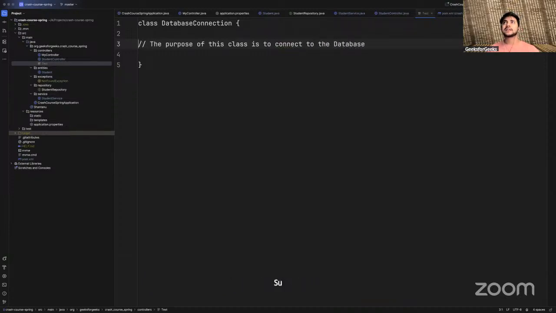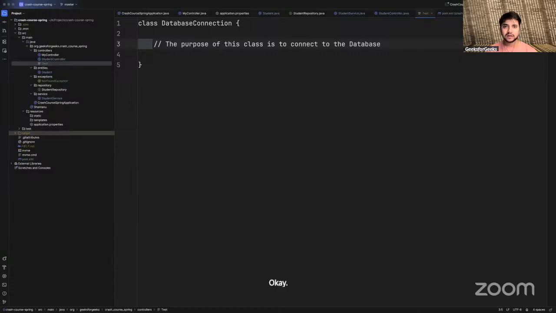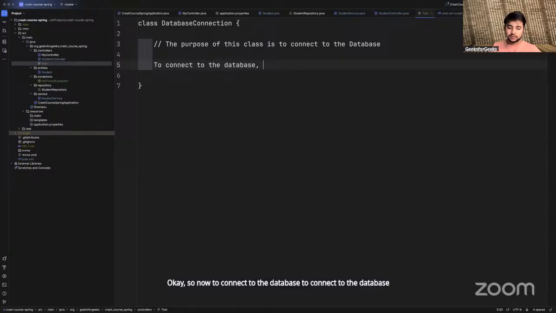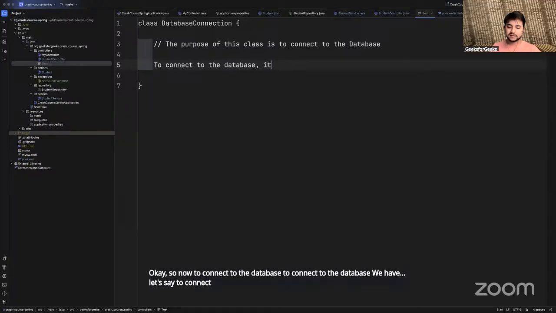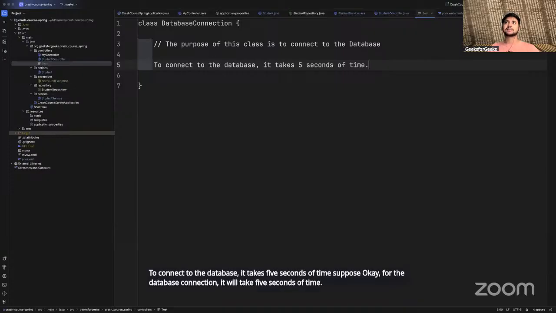Now, to connect to the database, let's say it takes 5 seconds of time. Let's say this is something we already know.